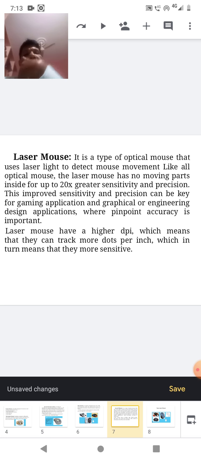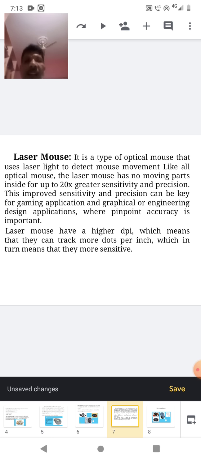This improved sensitivity and precision can be key for gaming applications and graphical or engineering designing applications where pinpoint accuracy is important. Laser mice have a higher DPI, which means they can track more dots per inch, which in turn means that they are more sensitive.